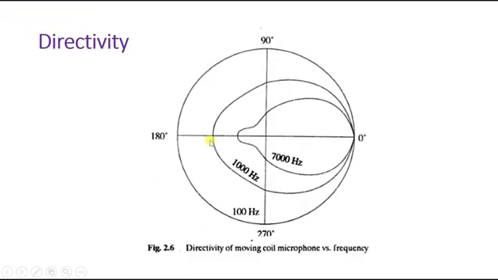Now let us try to understand directivity. Here you can see directivity is shown with respect to different frequencies. For 100 Hertz, its directivity is quite circular, one can see it over here, right? But when you talk about 1000 Hertz, its directional characteristic is more towards this direction, and at 7000 Hertz it has higher magnitude in this direction and lower in the other. Here at 0 angle we place the microphone, as you can see over here.